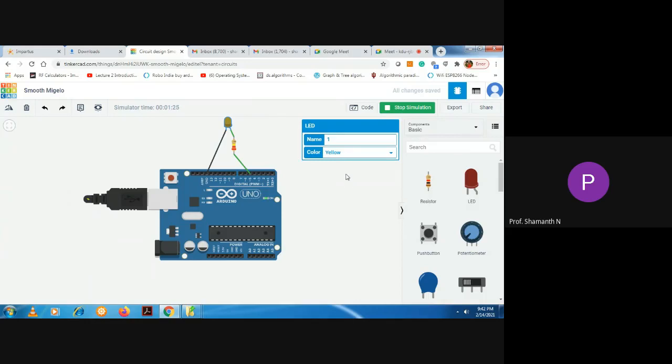Before starting that, let me save this project. In order to save this project, click on this Tinkercad option. If you directly close this particular window, your project doesn't get saved, so make sure you save the project. Every time you implement anything, try to save it in Tinkercad, so in future you can take up the same project and work upon it. So click on this Tinkercad option. Now you'll return to the home page.